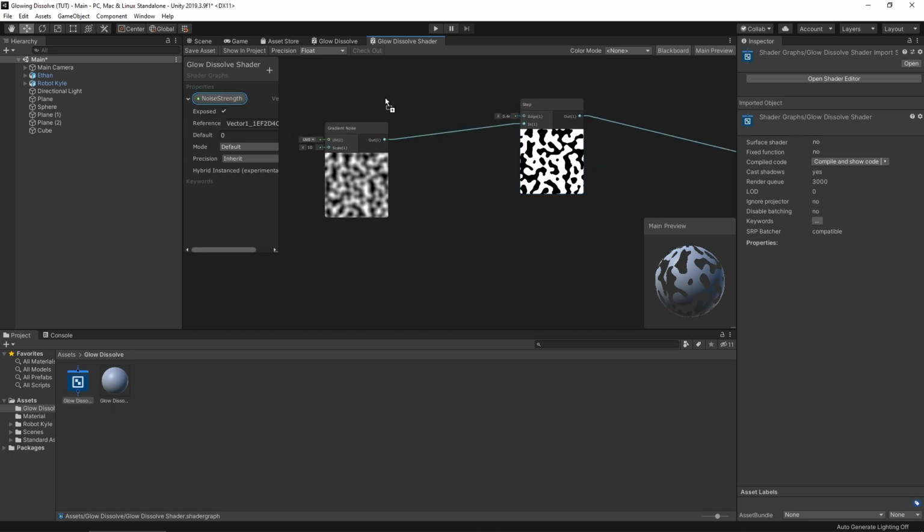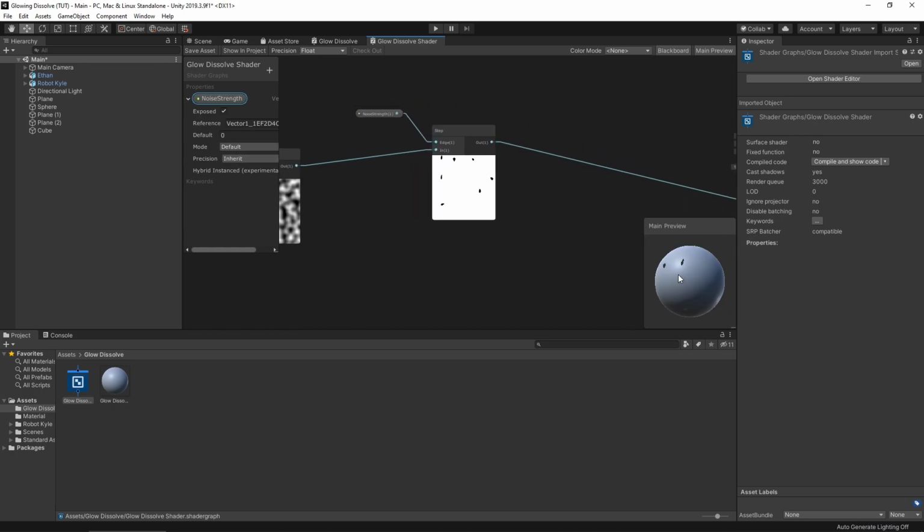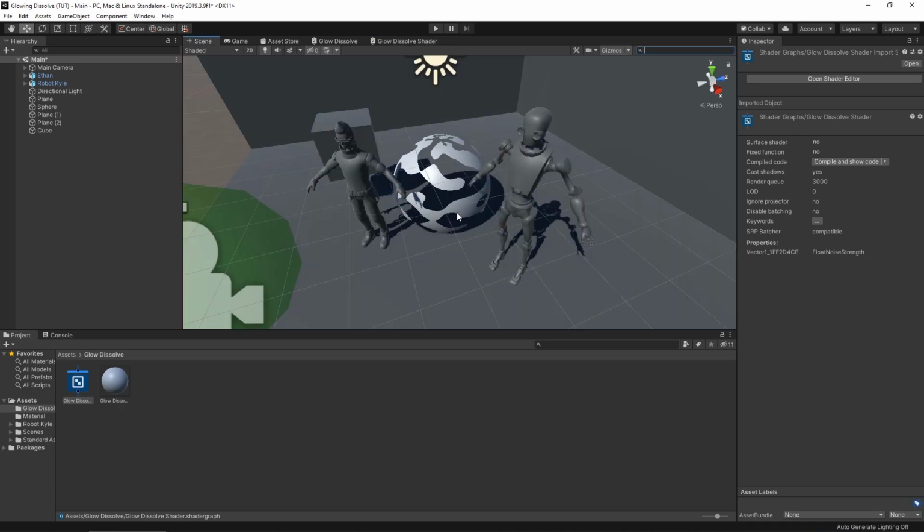So we can drag this noise strength into here and then connect that up to the edge of the step node. And now, whatever value we put in here will apply to this. So I can change the value here to 0.5, for example, and that'll give us a nice little mid-range of it. So if I save this now and look back at our scene again, you can see there we go,